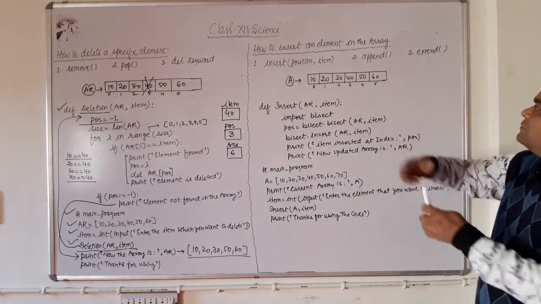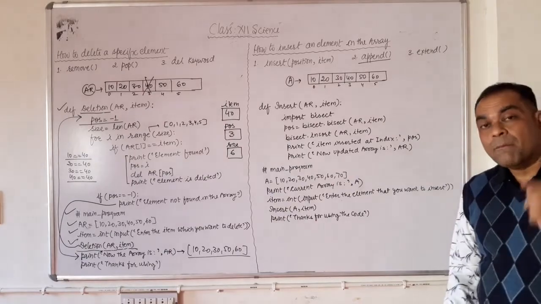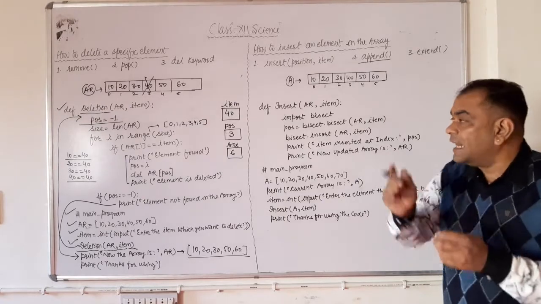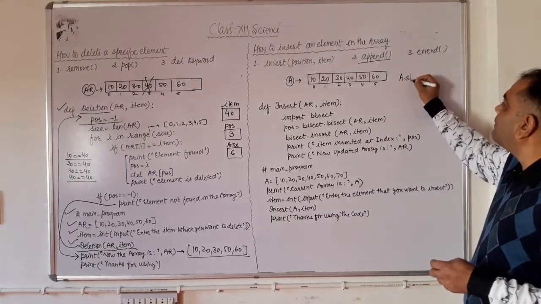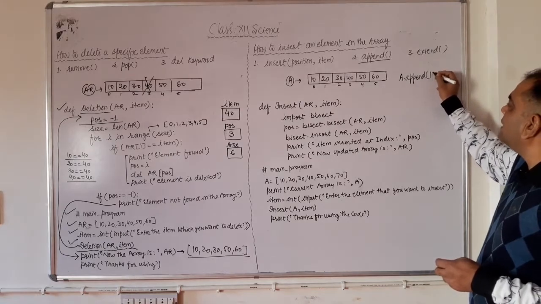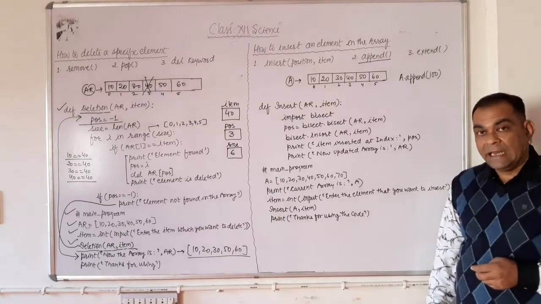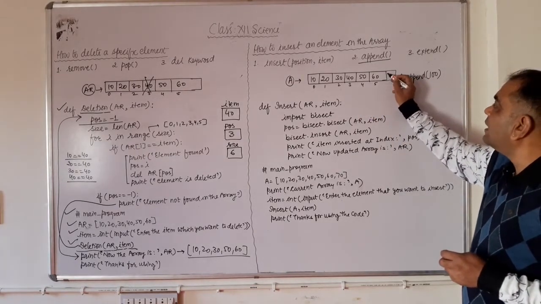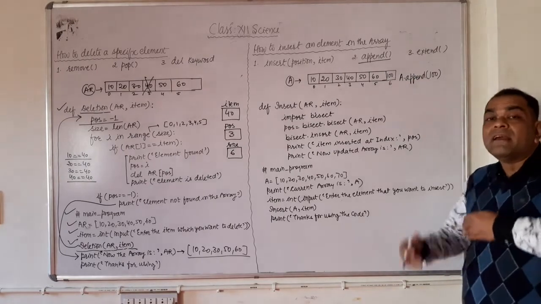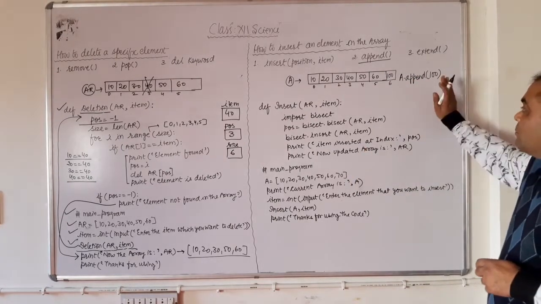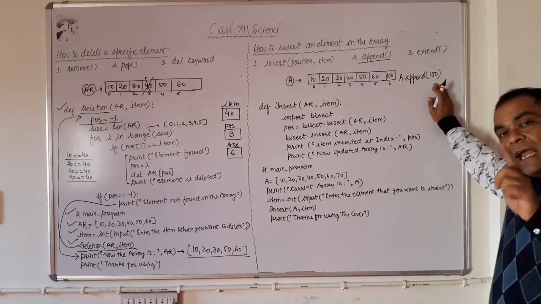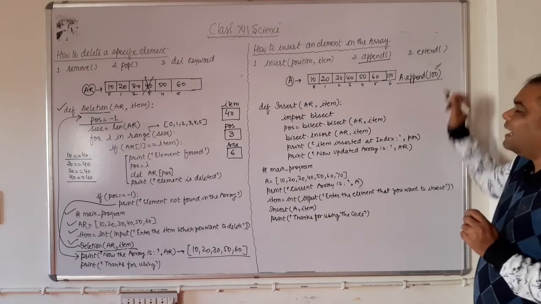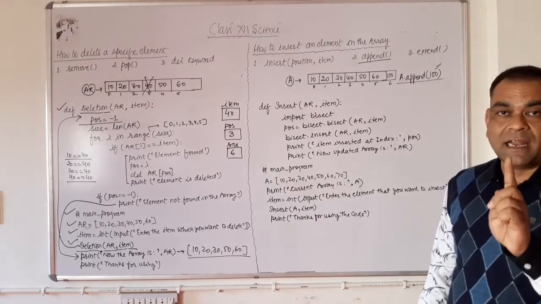How do you insert the element first? See, the very first we will discuss this append function. Right? Append function is there. Now if I want to add value 100 in this array, my command is a.append, A-double-P-E-N-D append, and inside the bracket I just put the value. Clear? What will the computer do? The computer will insert this 100 at the last of the array and then increase the size of the array. Right? So by using append function, we can insert the element at the end of the array. Clear? So here, append function inserts a single element at a time only.